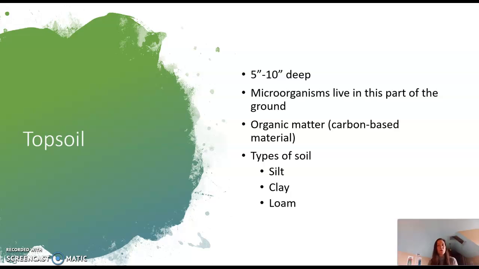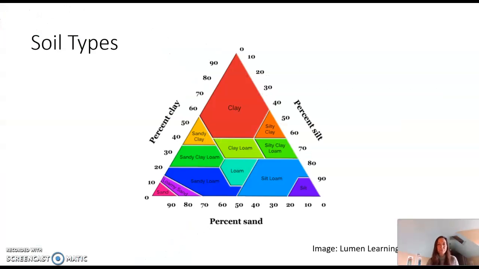And when we look at topsoil, we'll see that topsoil will vary depending on the location. And it's a combination, most often, of silt, clay, and loam. And occasionally you'll find only silt, clay, or loam, but most of the soil that we look at is a mixture of silt, clay, and loam. This triangle is a soil triangle showing how we can break down the amounts of silt, clay, and loam in soil. So this is important because when you have